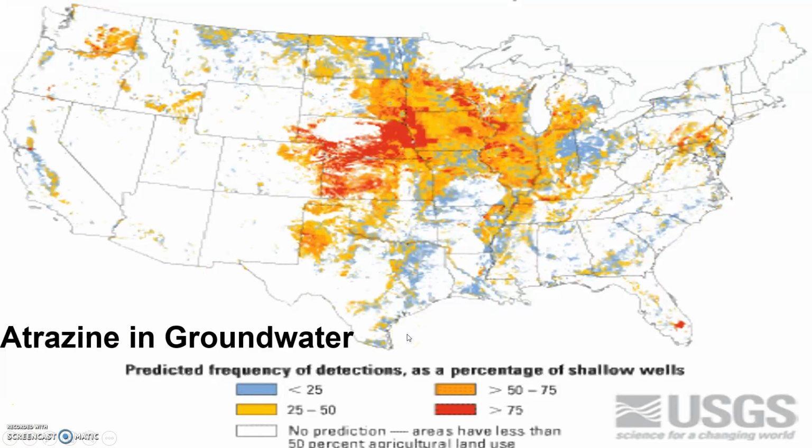Also, this map is showing us the high frequency of atrazine detection in shallow groundwater beneath those areas that are high agricultural areas in the Western Corn Belt, the Eastern Great Plains, and the Pacific Northwest, Eastern Washington, and the Mid-Atlantic regions, especially southeastern Pennsylvania, which we're familiar with as the Lancaster farming belt region. So these areas represent relatively high atrazine use in hydrologic settings that favor the transport of the pesticide into the